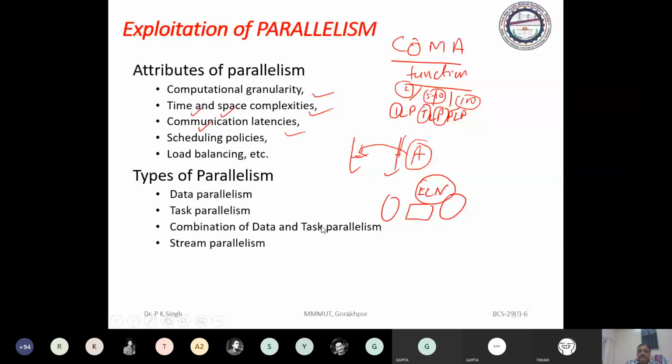Scheduling policy. We will also discuss the scheduling policy. Suppose we have a program or problem and have identified the parallel computation. Suppose this portion and this portion of the program may be executed in parallel. So we may schedule this portion to one processor, this portion to another processor, and this portion to